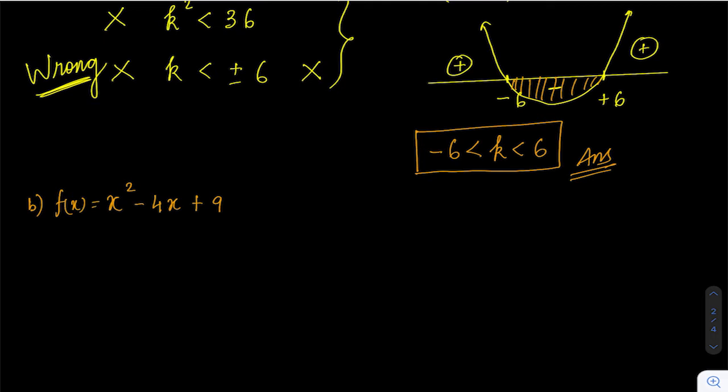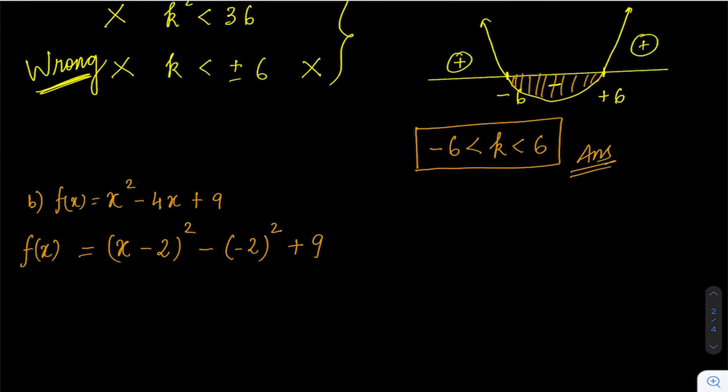So how do we complete the square? We remember it like this. Find the coefficient of x, that is minus 4, divide by 2. So divide by 2 will give you minus 2. So this is (x minus 2) whole squared minus (minus 2) squared plus 9. So this is my answer. Now if you have trouble in completing the square, you can go watch that video of completing the square.